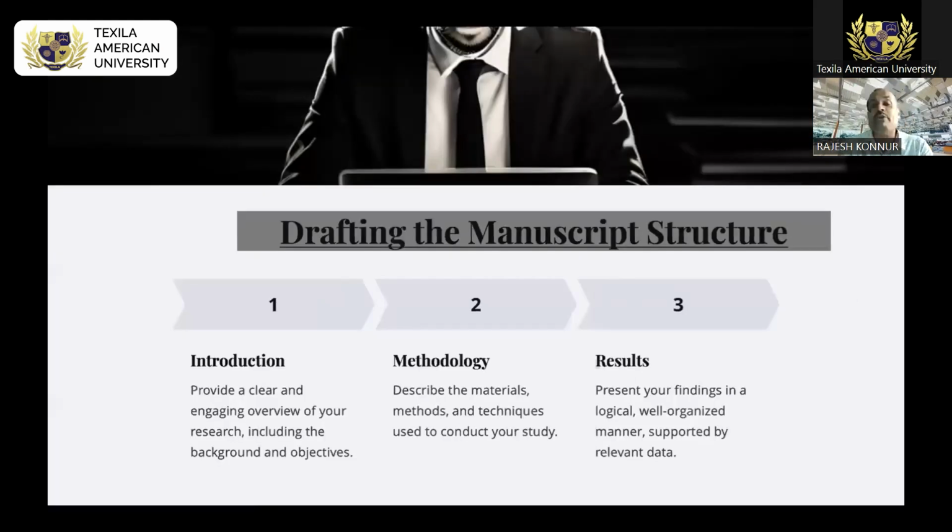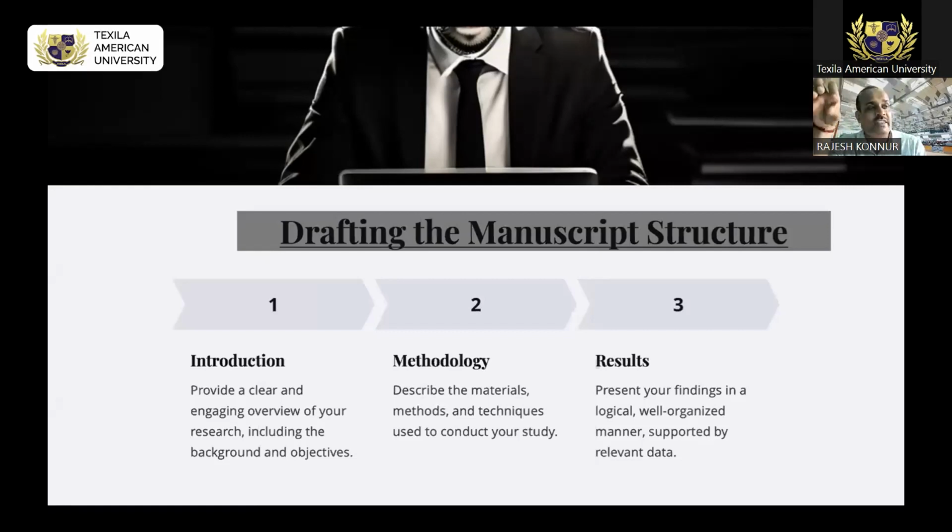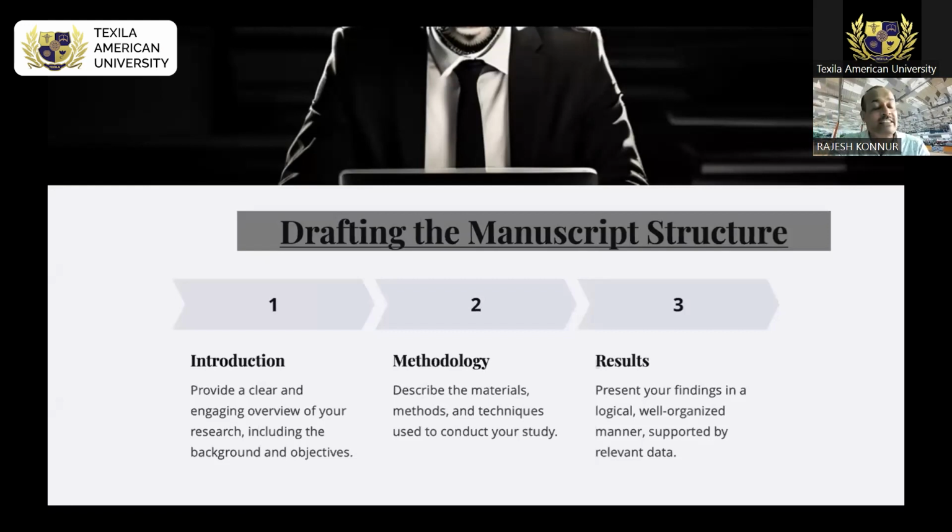After this, you have to draft the manuscript. Very important. There are so many ways of drafting the manuscript because you have to disseminate the findings. There are so many formats. It depends upon what type of domain you are in, whether medical sciences, nursing sciences, or engineering, where usually they follow IEEE. And what type of manuscript you want to prepare, whether it is a full thesis or a partial one, or just a blog you are writing, you have to consider it.